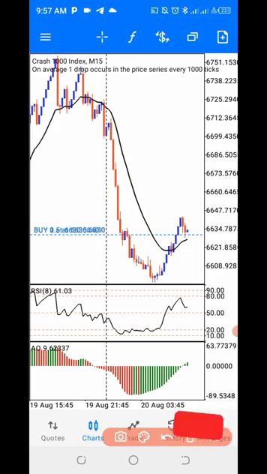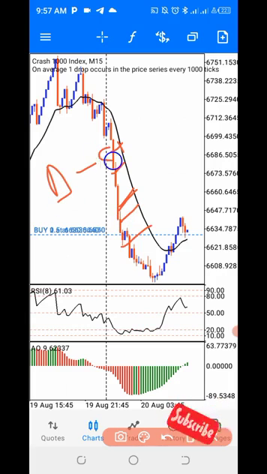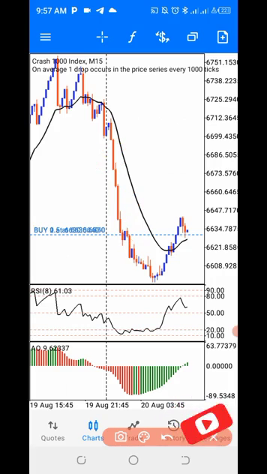The only thing the moving average is doing for you is that you need to wait for price to be above or below this moving average. Look at it, if price is below this moving average, that means you are in a downtrend. You should be looking for a sell. But if price is above this moving average, that means you are in a